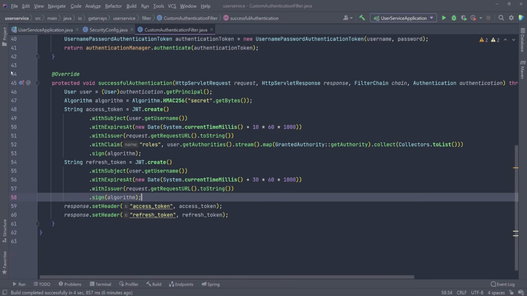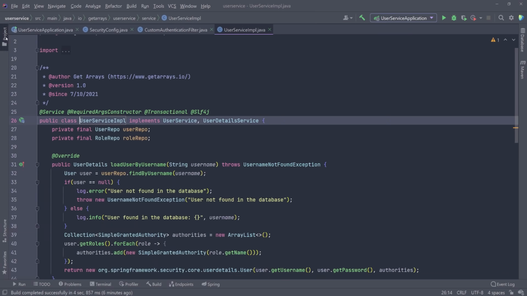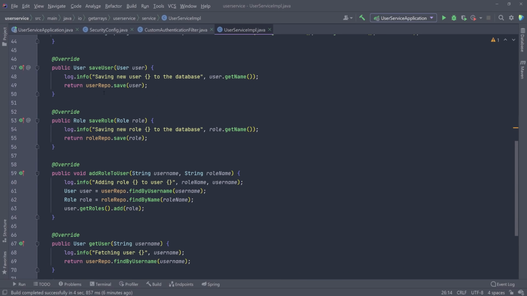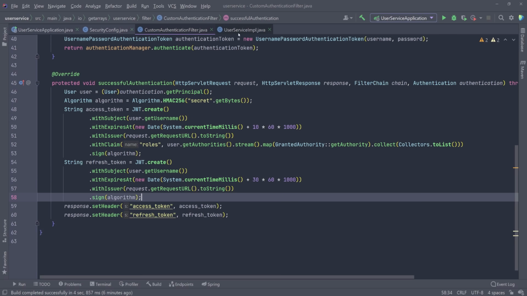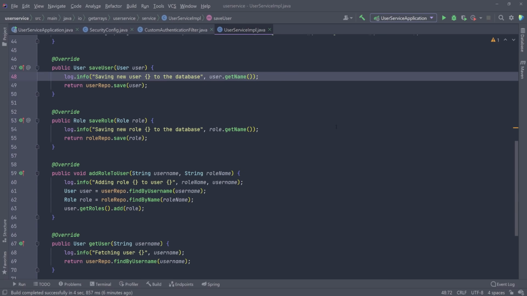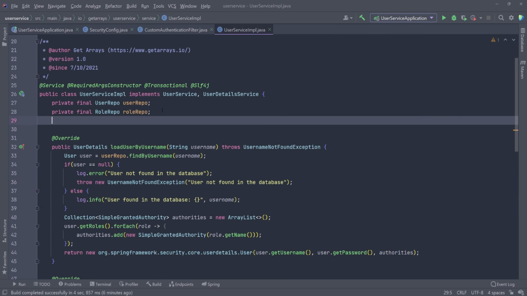There's another thing we need to do. So let's go back to the user service implementation. Because we're saving these users here, we're saving the raw passwords, because we're using the password encoder. So we have to encode the user password and then save the user in a database. So let's go back to the user service implementation and let's inject the password encoder. So I'm going to go up here, add another field that's going to be private, final, and I want the